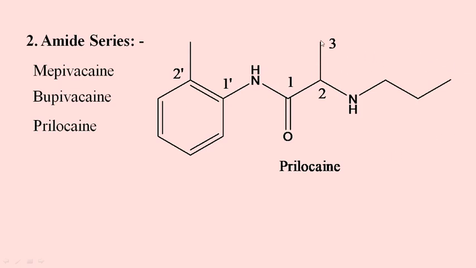This is 1, 2, 3, this is propanamide. Once again, N-(2-methylphenyl)-2-propylaminopropanamide. Prilocaine is an intermediate acting amino amide. It has a pharmacological profile similar to that of lidocaine. The primary difference is that it causes a little vasodilation and thus